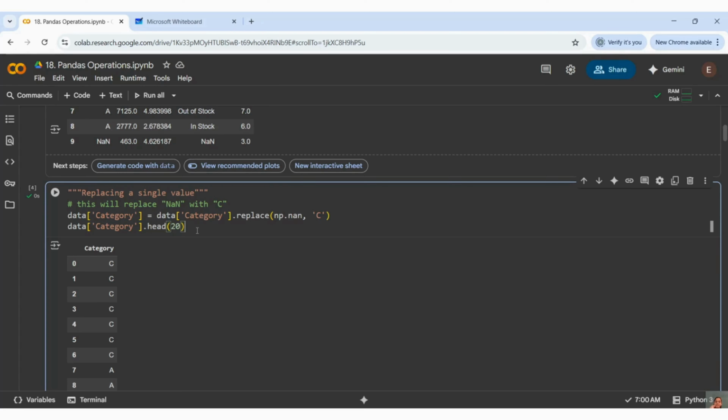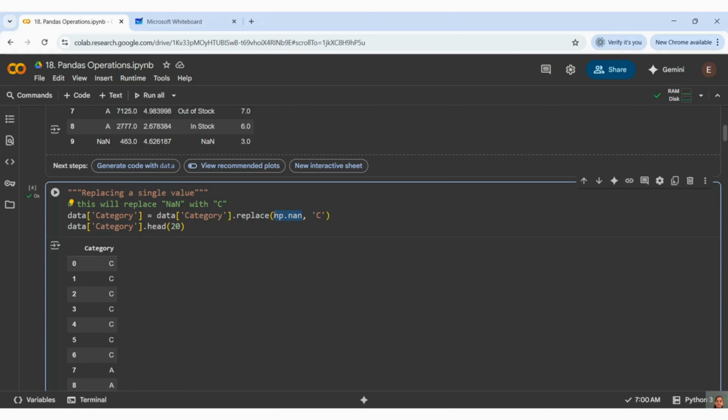In the previous video, we filled the values with mean, median, mode and all. Now a similar kind of process we can do with replace. With replace, you can replace the null values with your median or mode or whatever values you want. Let us see how to do that. Here I'm filling my category with C. Before that, you can calculate it by dot mode and know what the mode is. As I know my mode is already this, I am directly filling.